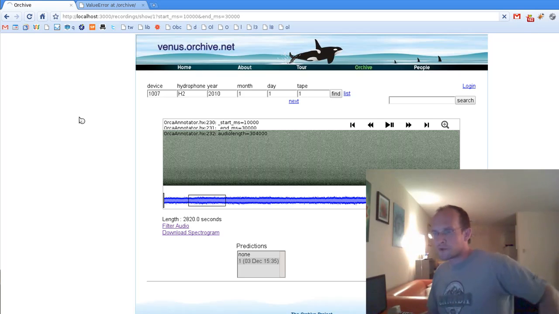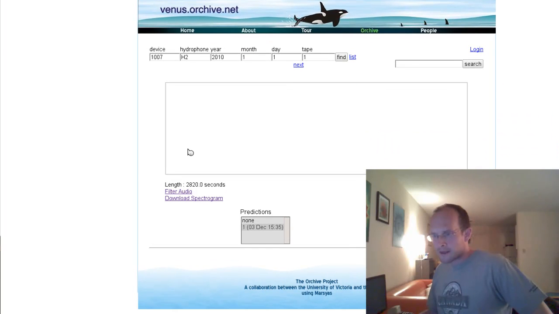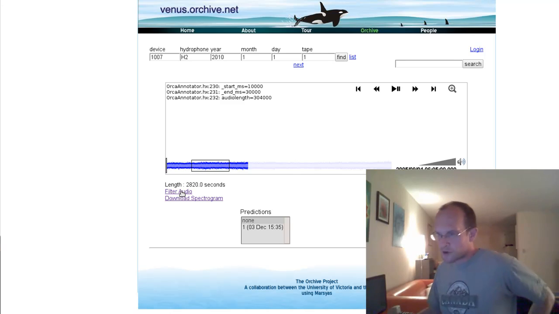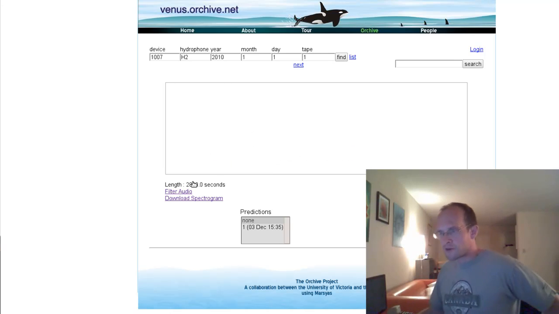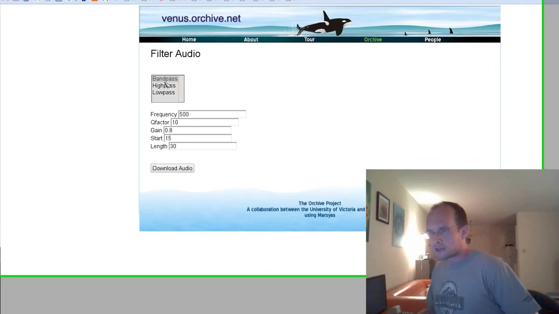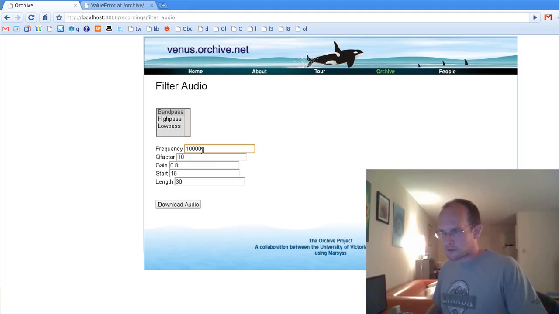So let's just reload this to make it a little faster. And then I'll show you the other two things we've added, which is the filter audio. So you can click on filter audio, and then you specify a type of filter: bandpass, high pass, or low pass. So we could do a bandpass filter, and do this at like 1000 hertz, and do it with a gain of 0.9, and go for